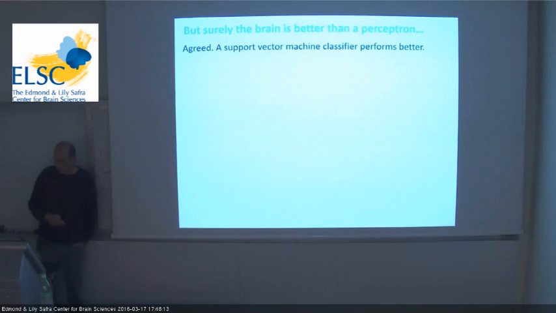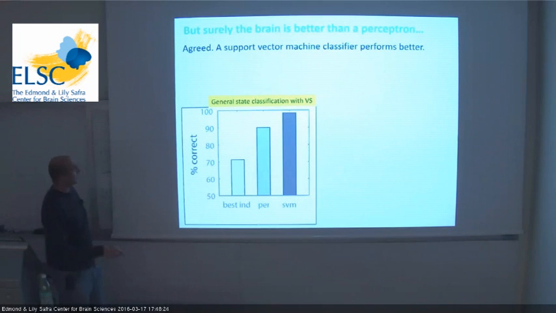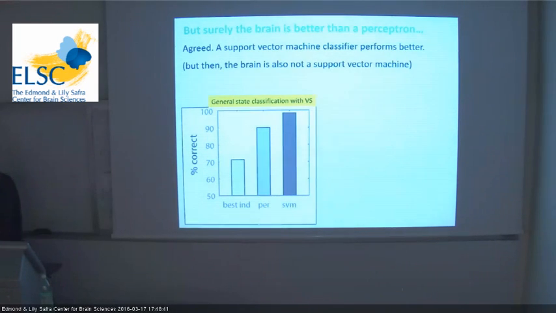Now, another thing that may be said, rightly so, is that surely the brain is not a perceptron. The brain can do much better and is more complicated than a perceptron, and of course we agree. And one thing that we did here was also look at a more complicated classifier, a support vector machine, which is not a linear classifier. And indeed, for the same classifications that I showed you before, the support vector machine does do better. If you have many neurons, it can improve and also almost reach 100% of the specific classification. So we're not saying that the perceptron is the way that the information is extracted, but still the main conclusions that we made before about the difficulty of more